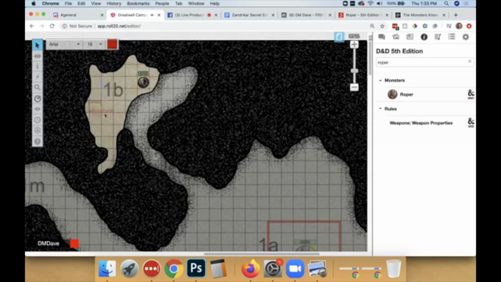This will give us something interesting in here. Might even make a trap or a hazard too. Like maybe this guy pulled into here. I mean, you could do a monster, but I feel like with monsters,